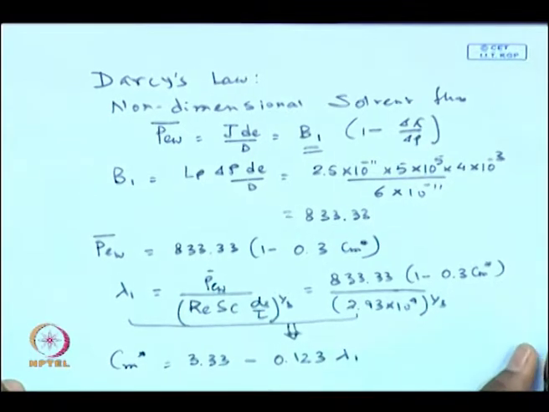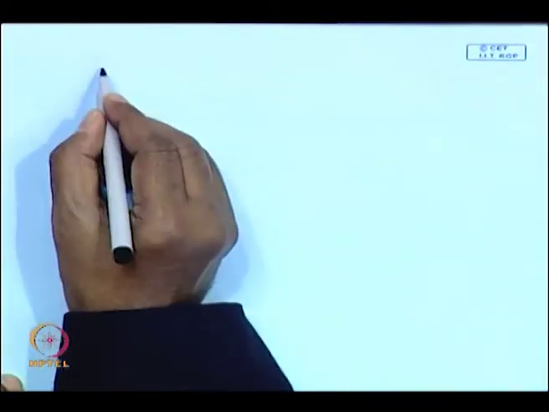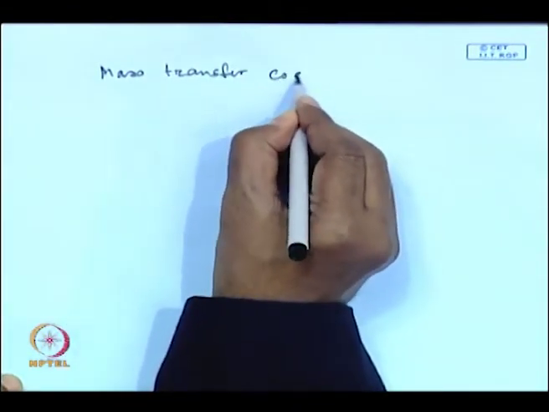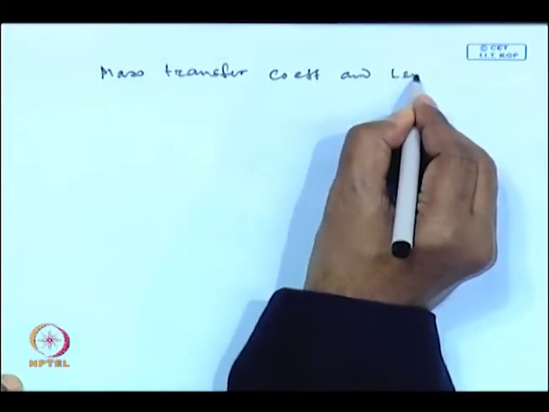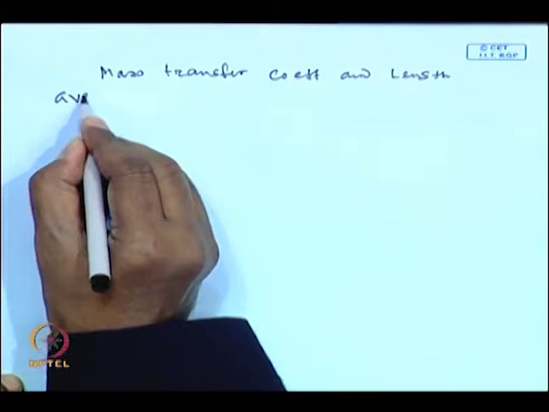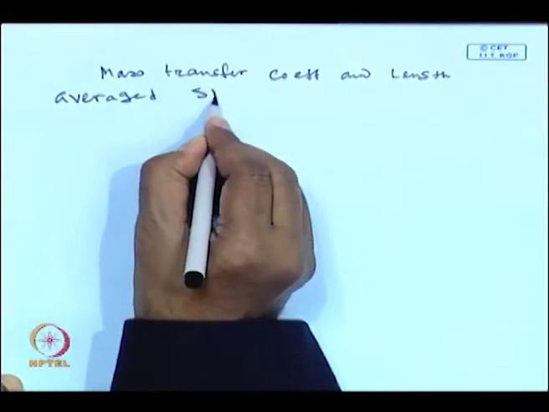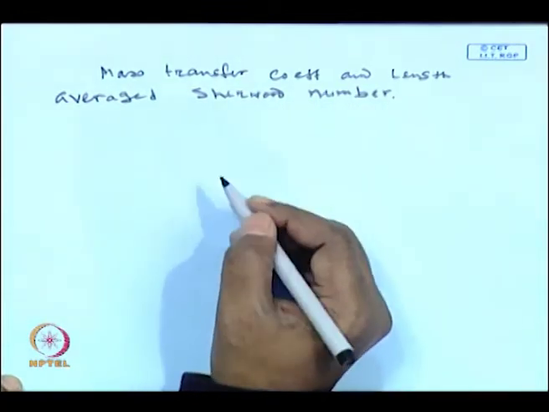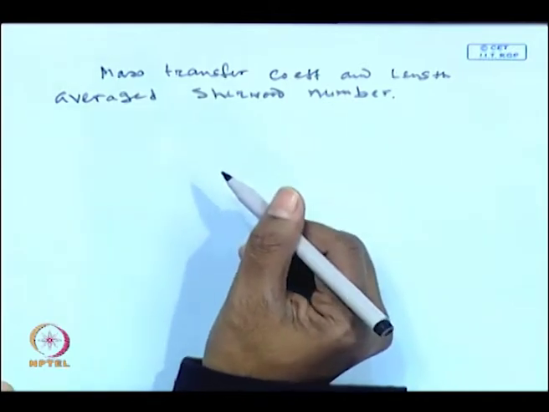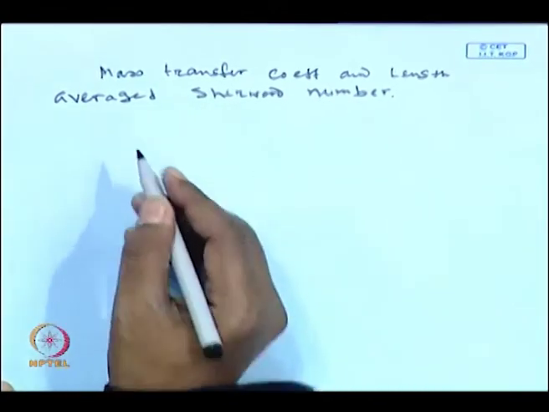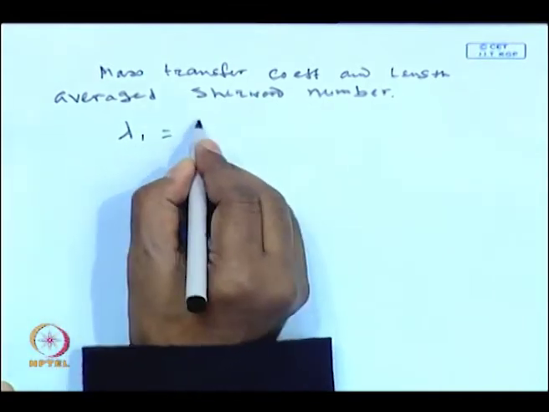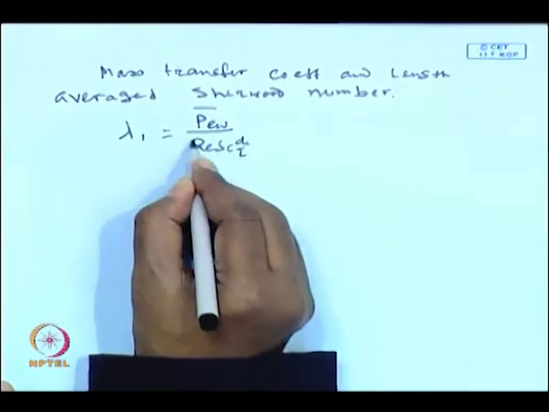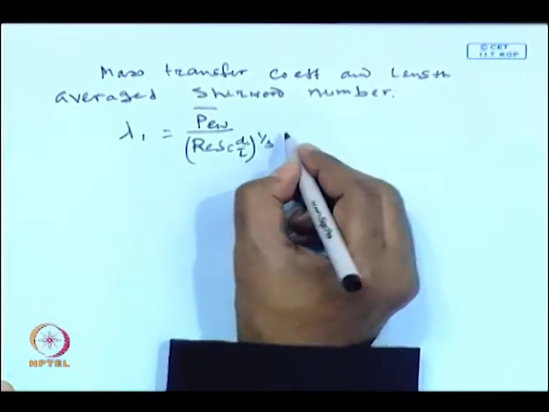Now, in terms of mass transfer coefficient and length averaged Sherwood number, please look into your notes and look into the relevant expression from when we derived those relations here in this class. So, lambda 1 was PW bar divided by Reynolds Schmidt d by L raised to the power 1 upon 3, which is equal to